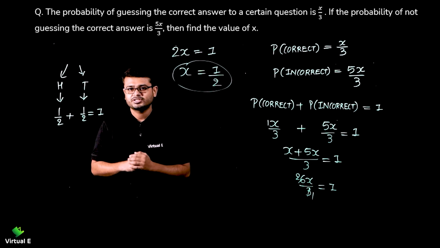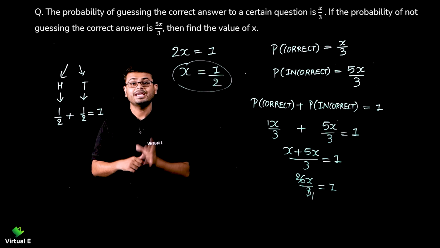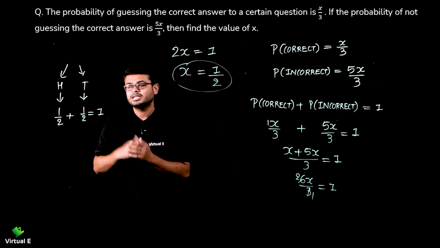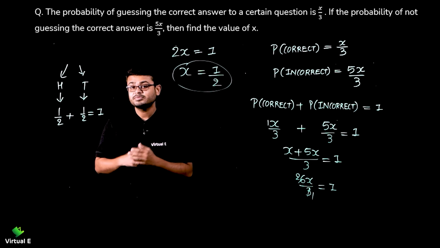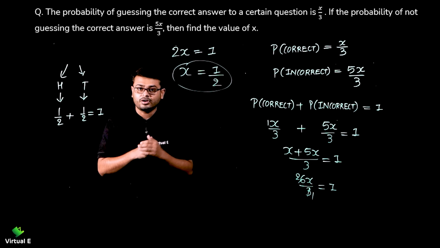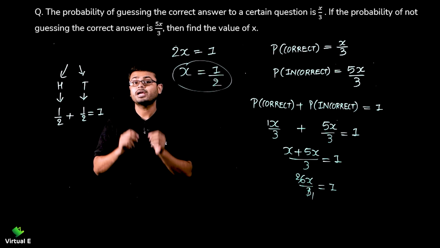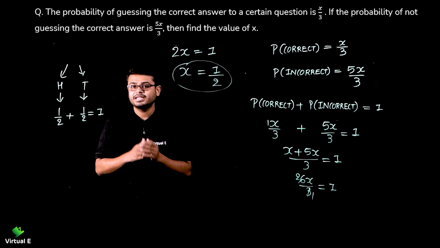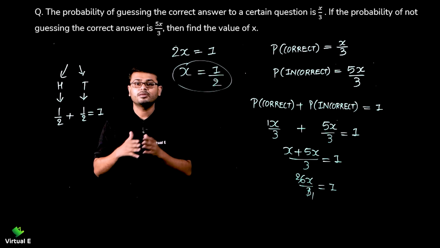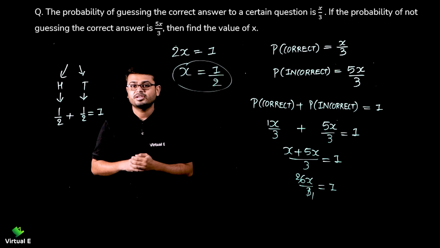So what we studied in this chapter? Probability. This year we studied the experimental approach, right? We do something a number of times, let's say 500 times, 100 times, then we note down the outcomes. Let's talk about the case of a coin only. If we toss the coin 100 times, we note down the readings, how many times we are getting heads, and how many times we are getting tails. Then we apply the formula. So this year probability was about the experimental approach. Then we discussed different cases for coin and for dice as well, and miscellaneous problems that we come across in daily life. So this was chapter number 15, probability, and this was the mathematics of grade 9.